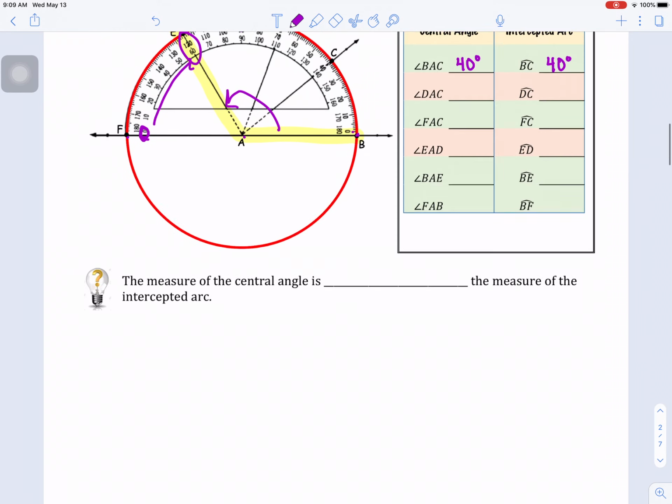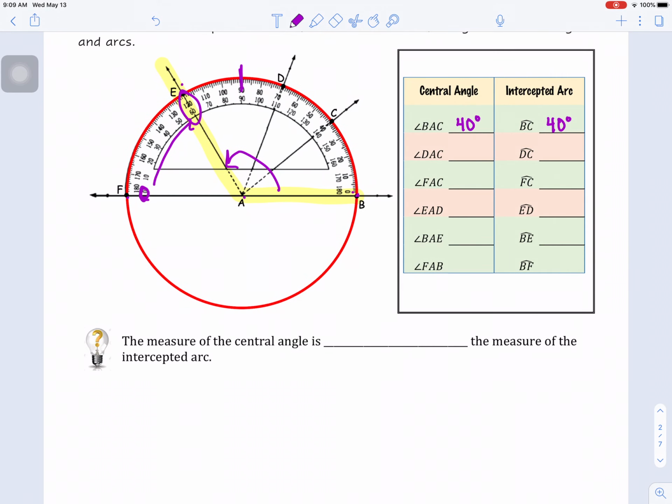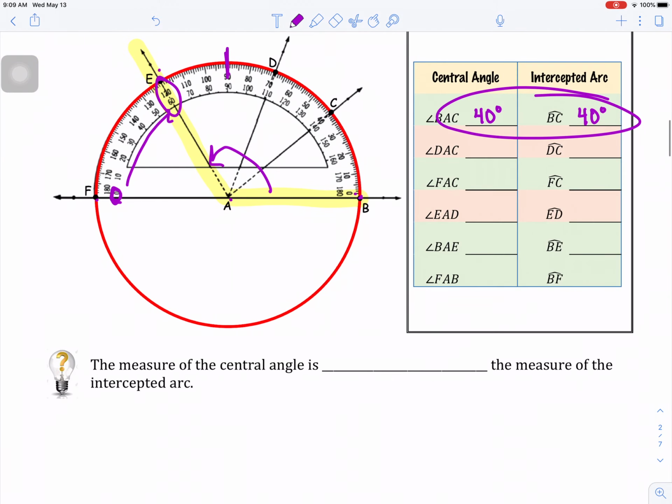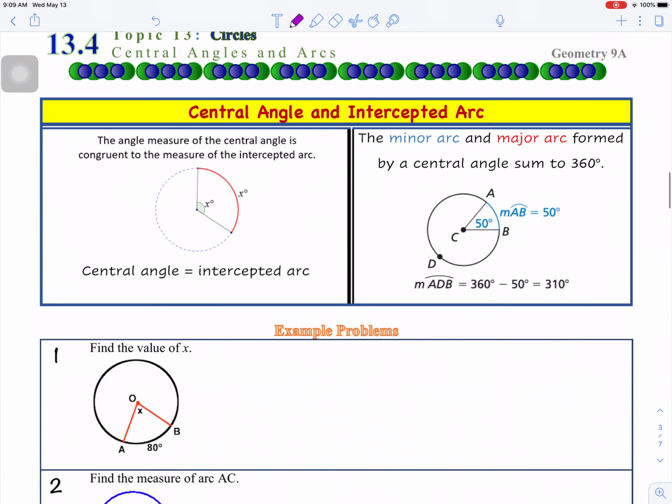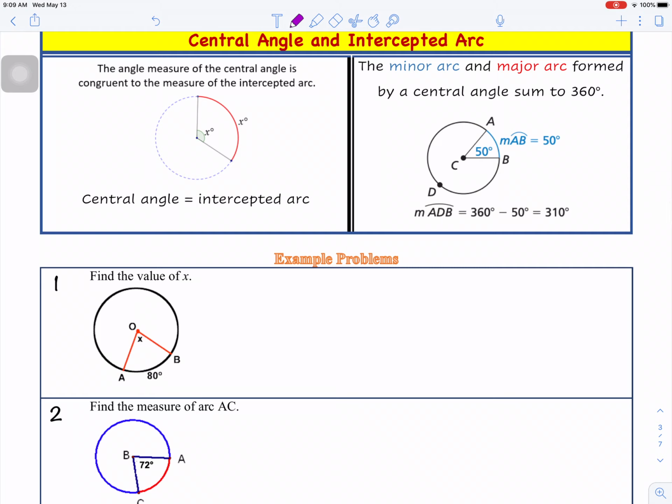The measure of the central angle is blank, the measure of the intercepted arc. What do you think it is? The measure of the central angle and the arc. How far is the arc open in degrees, and what is the angle open? And I think by this diagram you're going to see that they're the same. Okay, so central angle equals the intercepted arc,